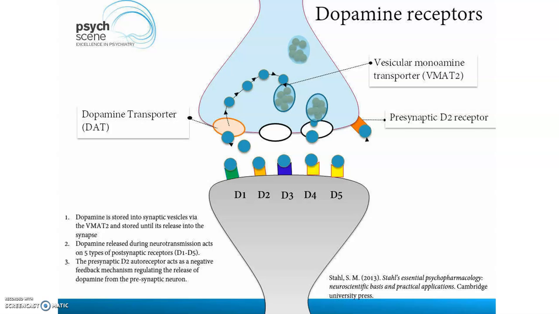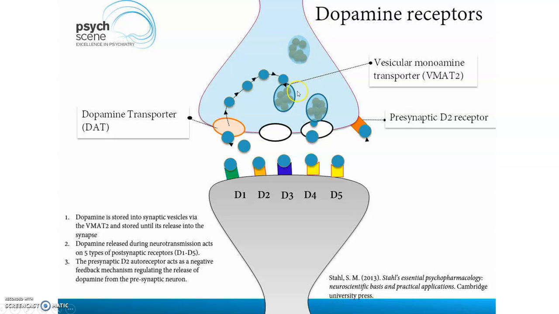Here you can see in this diagram, this dopamine is transported into the vesicles. In this vesicle, you can see there is a gate-like structure which we call a vesicular monoamine transporter. What this vesicular monoamine transporter does is, the dopamine which has been formed will enter the vesicle. This vesicle is just like a storage compartment. Upon nerve stimulation, it is then transferred out of the vesicles to the synaptic cleft.